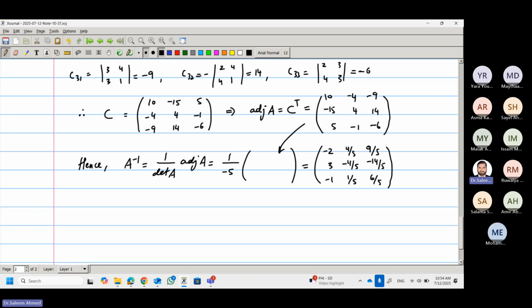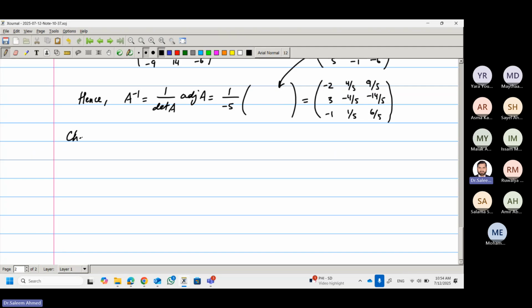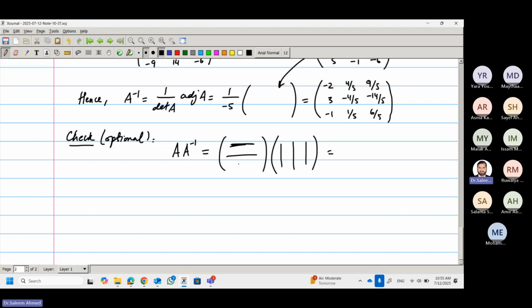Okay. Whenever you find the inverse by any method, there is a check which is optional, but it's better to do that. What we can do is multiply A with A inverse. So you write your matrix A multiplied by A inverse. Let's take the first row, multiply with the first column, first row, second column, first row, third column. Similarly, second row, first column, second row. So if you multiply rows with all the columns,